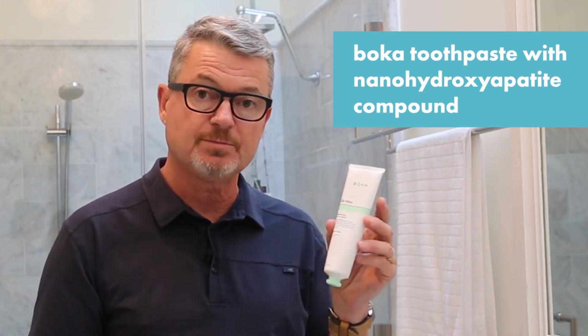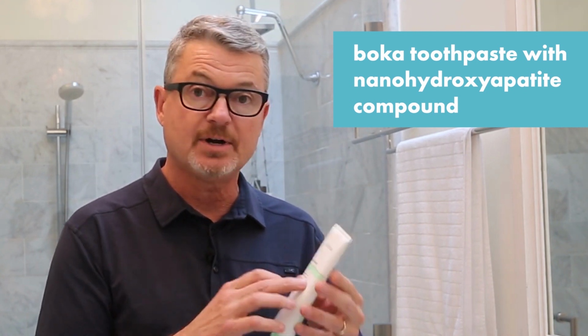So I just grab a toothbrush. You can use a manual toothbrush. Probably a sonic type toothbrush is best for this kind of activity in the morning, and it also moistens the mouth. And I also would recommend using a toothpaste that can help recalcify or remineralize the teeth, because at night that's when most of the demineralization, the breakdown of teeth goes on, because the pH has dropped because there's lack of saliva. So I would add a toothpaste like this, the new Boca toothpaste with the nano hydroxyapatite